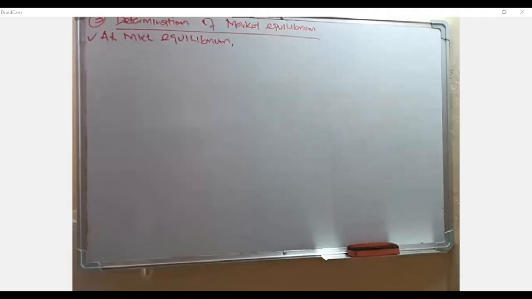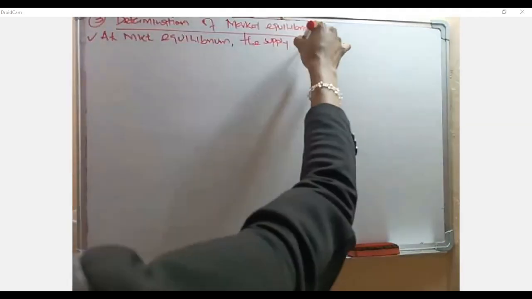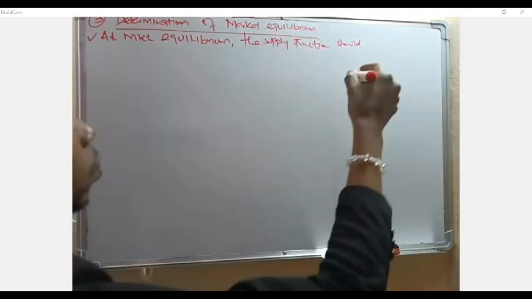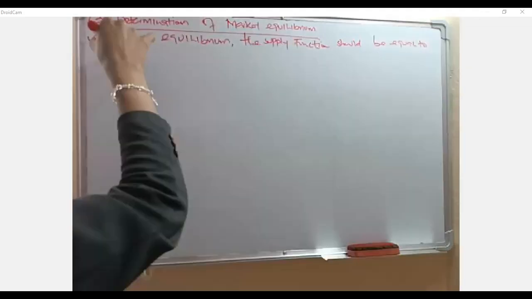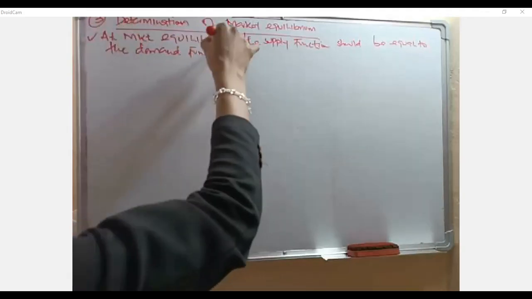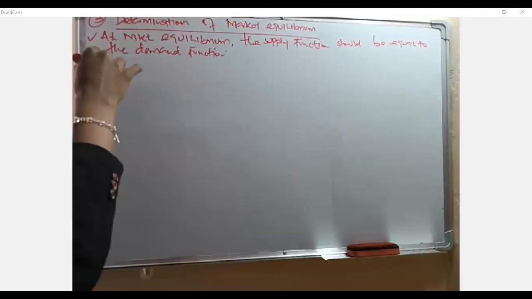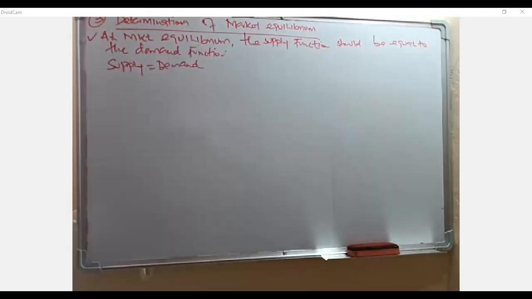At the market equilibrium, we are being told the supply function should be equal to the demand function. Now, in this case, it means at equilibrium the supply should be equal to the demand, right? So, the formula used here,